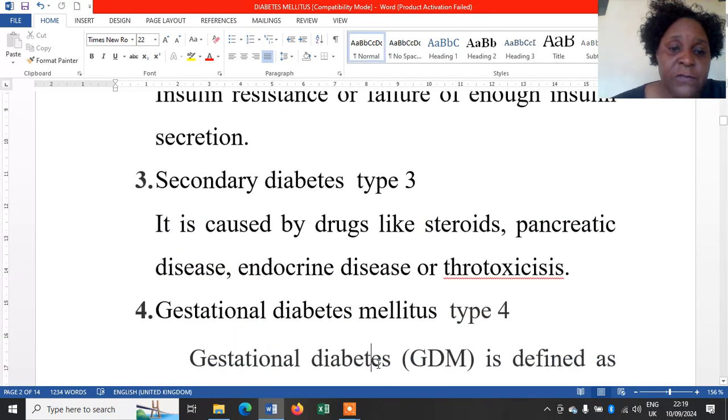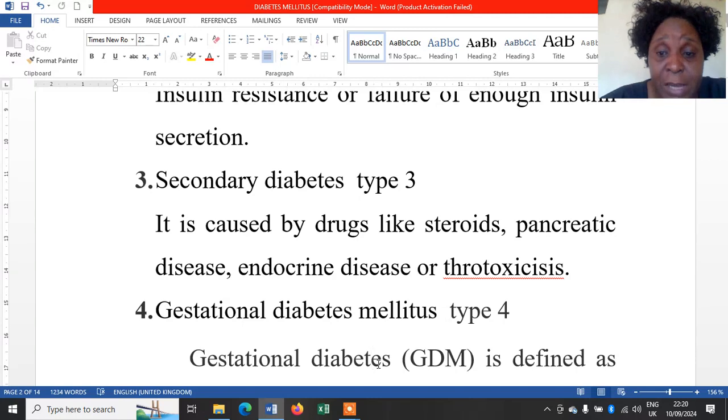Then we have secondary diabetes, which is type 2. This is caused by drugs like steroids, pancreatic diseases, endocrine diseases, or thyrotoxicosis. Here, in type 3, the pancreatic cells are damaged by